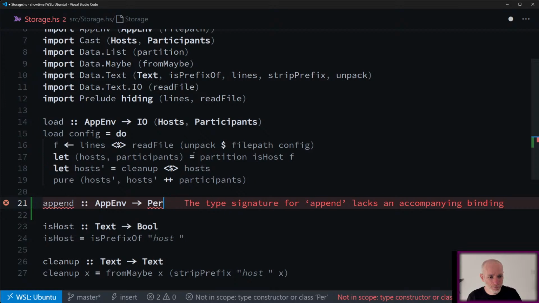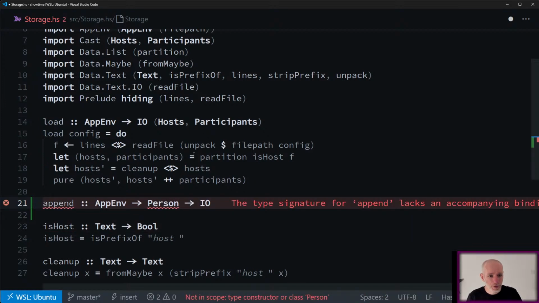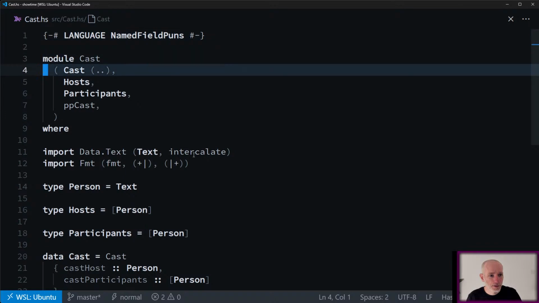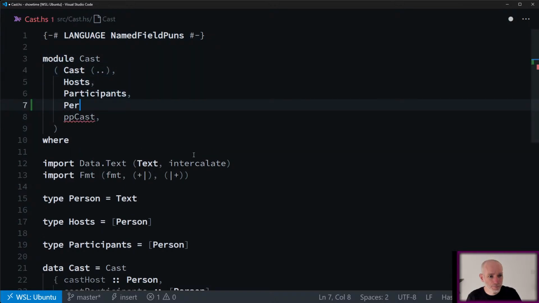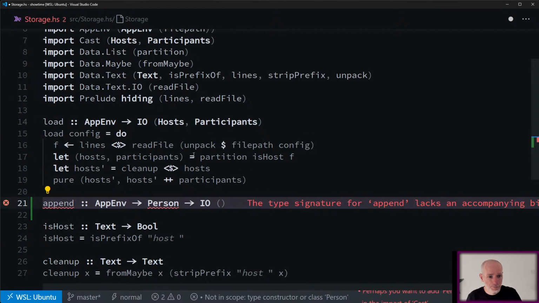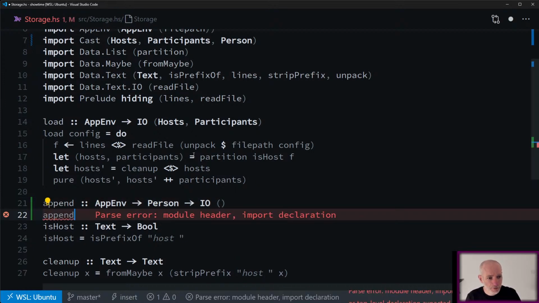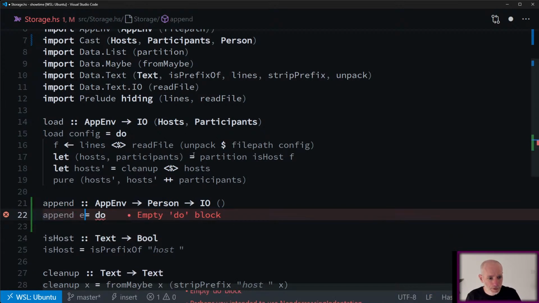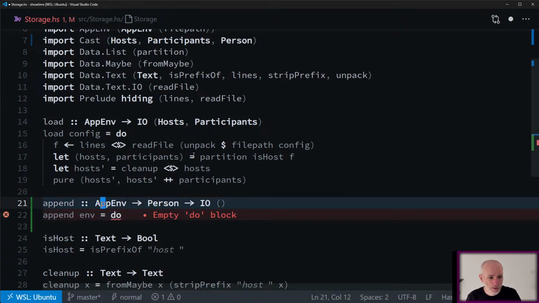Right, we take a person, and we're just going to run under IO and not return anything. So we should be able to. Oh, person not exported. It is now. Okay, so destination append. It's going to take an environment, and it's going to take a... actually, this is not even a person at this point.